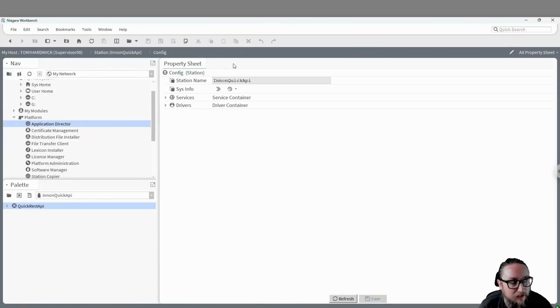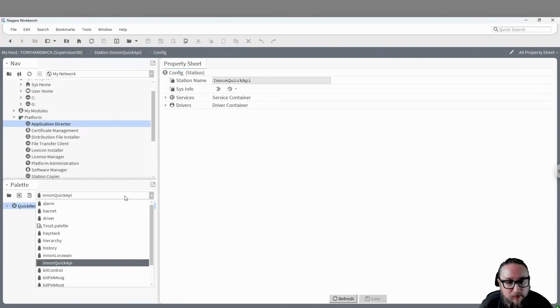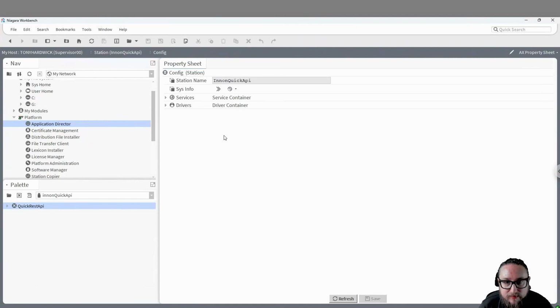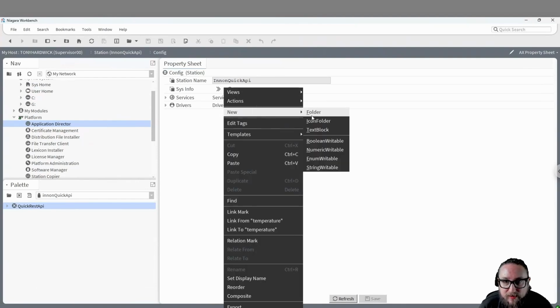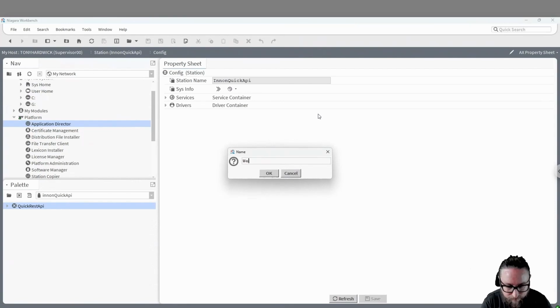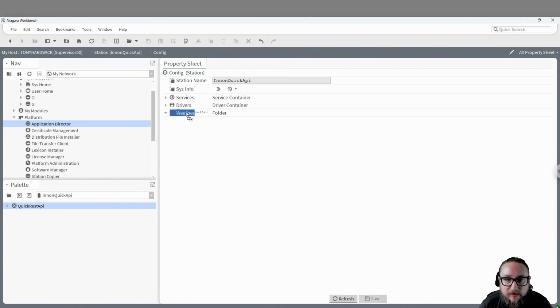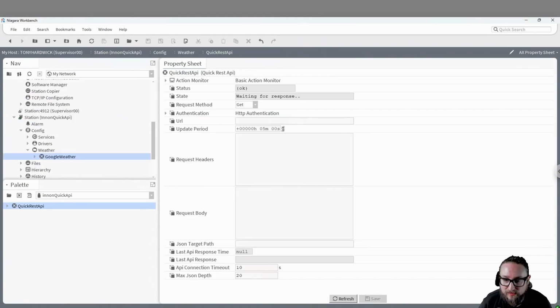Okay, so in the Quick API palette, what we've got is a single component. That's all you need. We do need somewhere to put it, so I'm going to make a new folder. Just going to call it weather. Okay. Drag that in there. Okay, so we're going to copy in